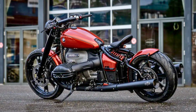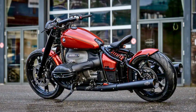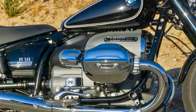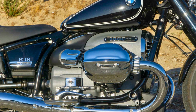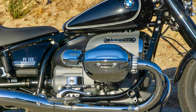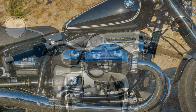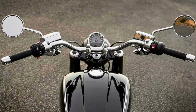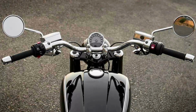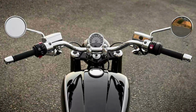Now let's talk about the guts of this beast. It's packing an air oil-cooled 2-cylinder 4-stroke boxer engine with a dash of old-school charm. The engine's got a displacement of 1802 cc, and it pumps out 91 horses and 116 pound-feet of torque. Fuel-wise, it can carry 16 liters, and it sips fuel like a gentleman, with a reported 5.6 liters per 100